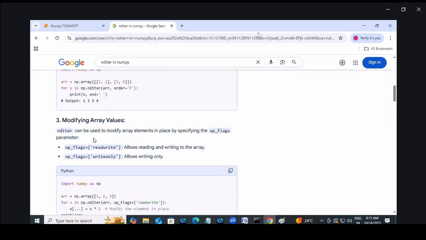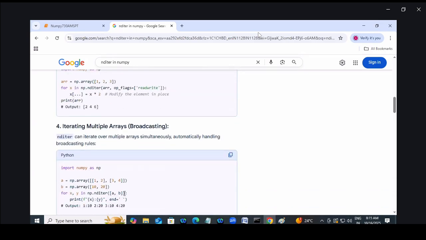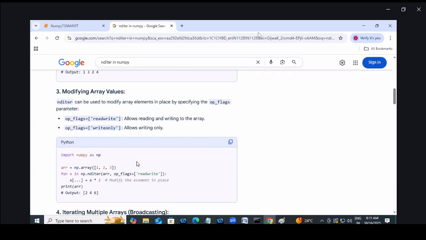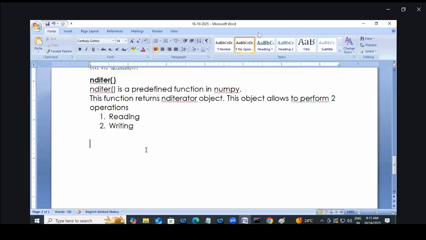We'll discuss this. Modifying array values. How can you modify array values? By giving operation flags. Okay. Iterating multiple arrays. It allows you to read multiple arrays, not only one array. So the ND iterator object